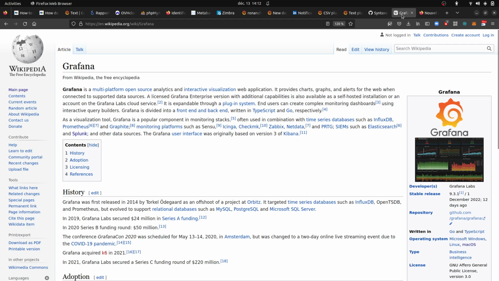Hi everyone, in this video I'm going to quickly show how you can use Matomo with Grafana. I don't have much experience with Grafana, to be honest. All I know is that some of my clients are using it, and so far it looks very advanced. I could not really understand clearly what it is about because it's far more than a simple